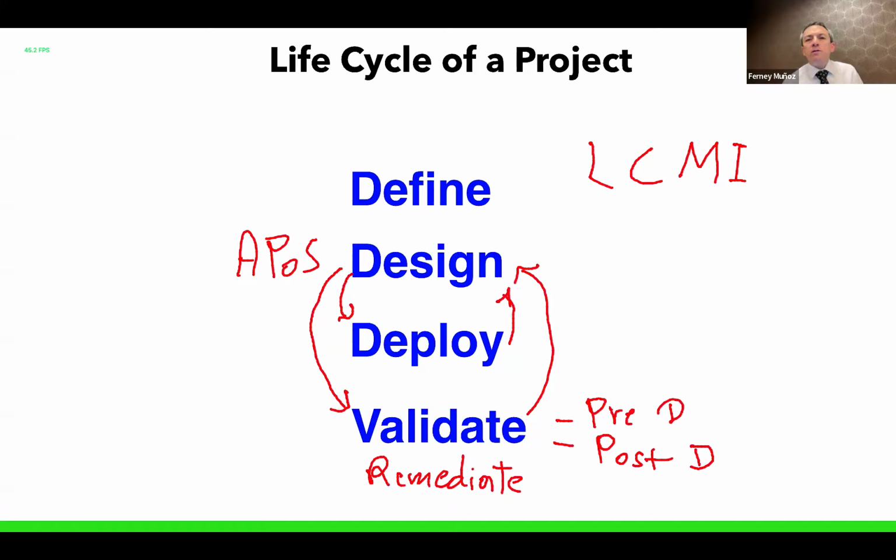So basically, you enter the life cycle of a project through here, through the bottom. You are not part of the definition or the design or the deployment, and you're just going there to validate and trying to find, maybe you do a survey, say, man, you have too many APs, or you don't have enough APs, or you mounted the APs wrong. And you gotta be careful when you do this, because sometimes the guys hire you, say, hey, can you do a survey and you tell us why this is not working?